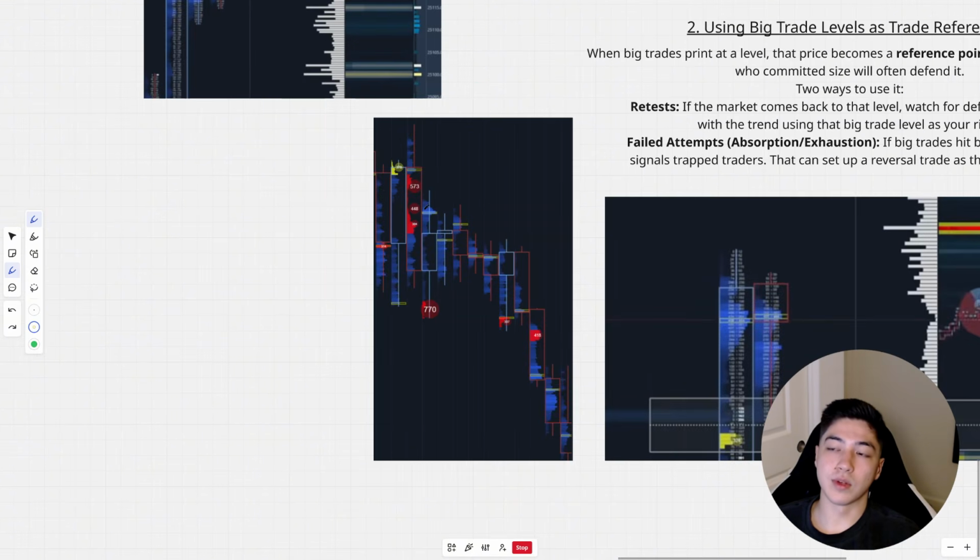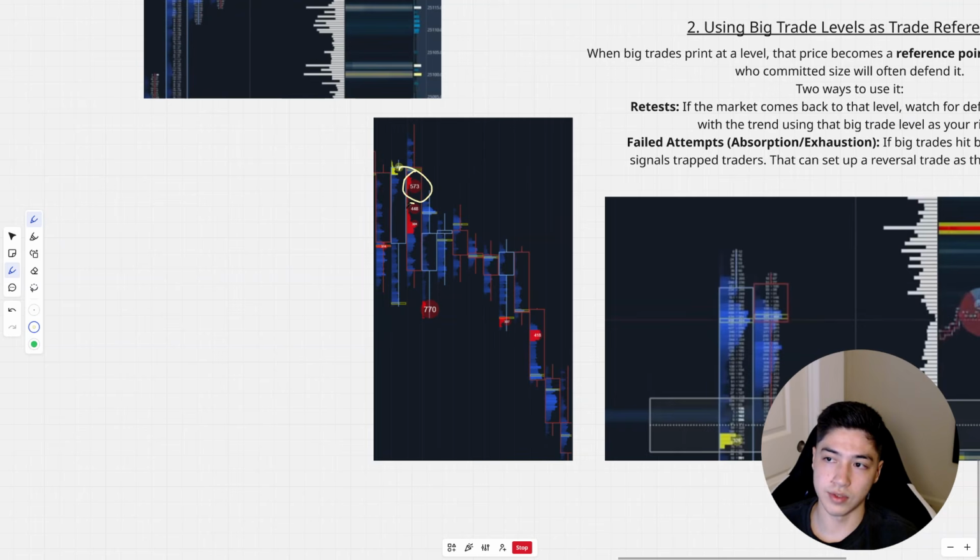In this example, what happened here is we were chopping for a bit. This was closer to market open this day, and I saw buyers step in here. So when this candle opened up, my first thought was I'm looking for price to actually respect this level and come down and continue higher. But what ended up happening, as you can see, is